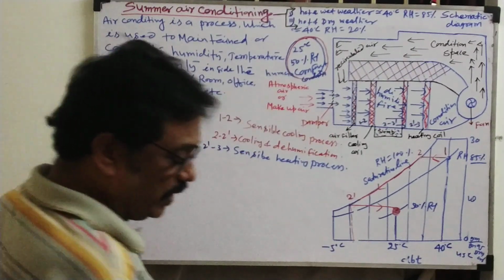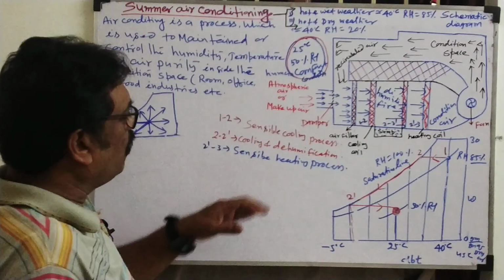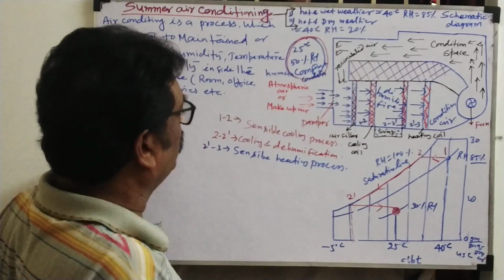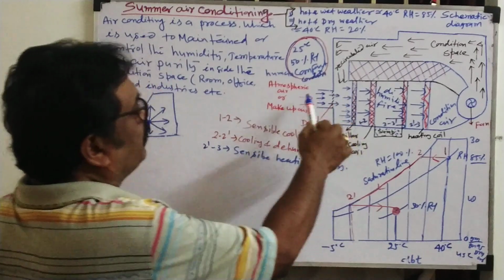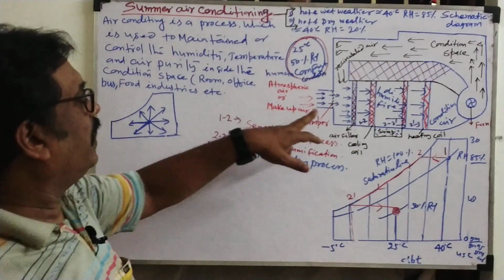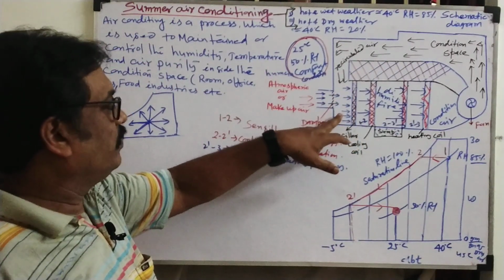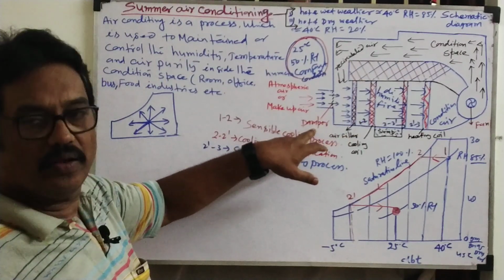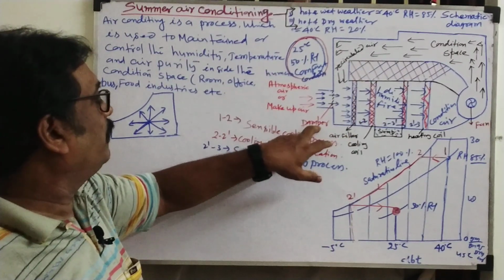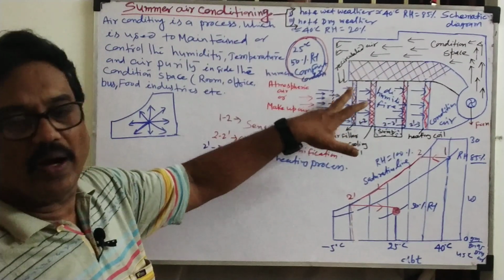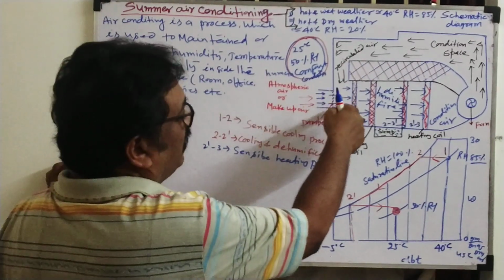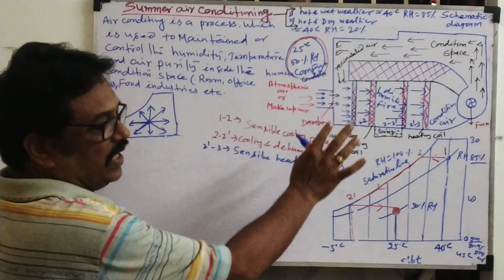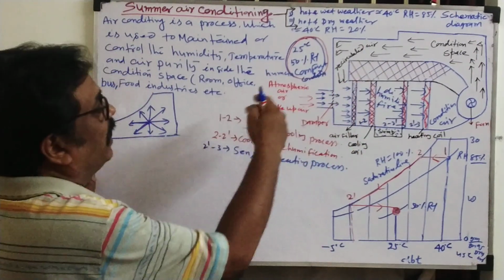Then how will the process be explained here? What are the contents here? You see here. First, how you will write this. The atmospheric air or makeup air enters into the system through the damper. So the damper's function is to provide the air, how much air is required in the system. It behaves like a one-way valve. So how much air is required in this system, that much air will go. That's why it is also known as makeup air.